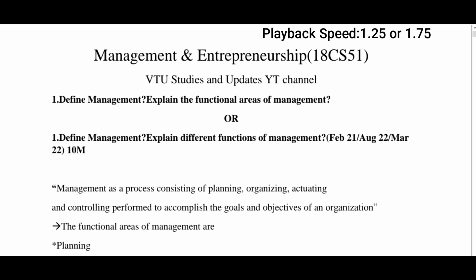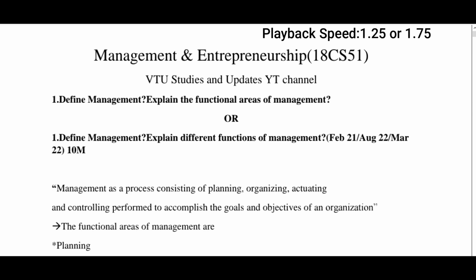Management and entrepreneurship in IT industries. These are the important questions taken from the previous year question paper. With these questions, you can easily get 40 marks or 40 plus marks, or at least passing marks. So the first question is,